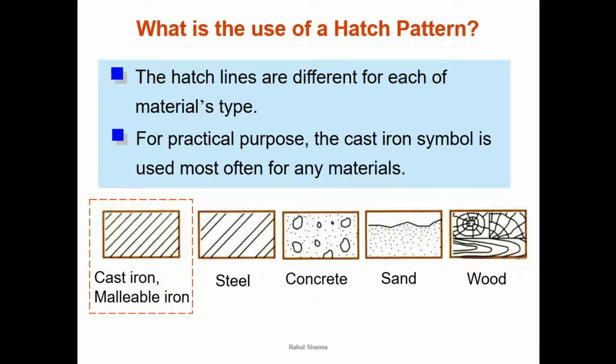Now how do we write the material? We are not allowed to write theory, so we write it in the form of these symbols. We section a part of the object and show this material symbol, and every engineer knows that material symbol. In designing there are more than 100 material symbols, but in our syllabus we will go for the standard metallic symbol only. I'll tell you in detail about this.